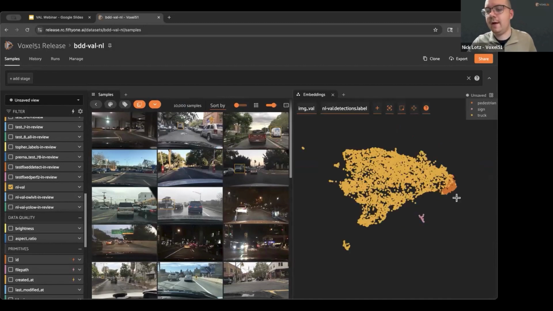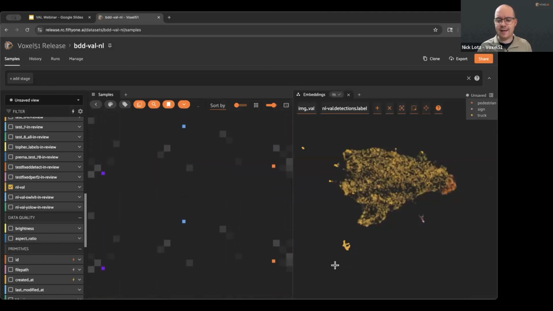There we go. Okay, so in this case, this is a little bit of a different example. We have three different classes, and in my example, the three classes were very distinct: pedestrian, sign, and truck. So color coding them in this way might not be the most informative versus if you had car, bus, and truck. But at the same time, you can see the distribution here. Again, we have a cluster of outliers over here, which is interesting in and of itself. So if I lasso this,